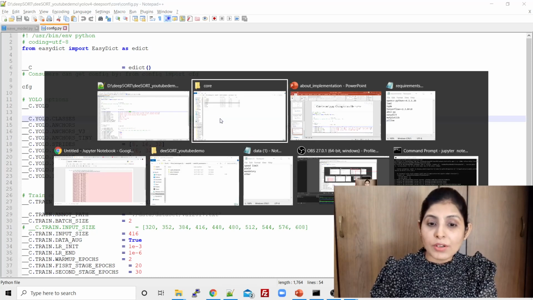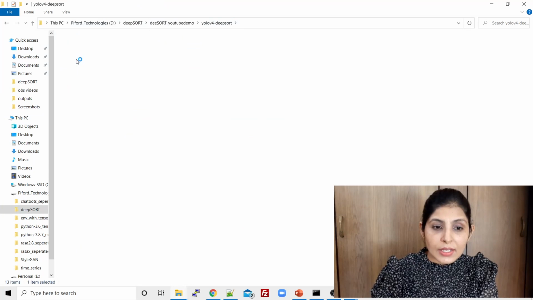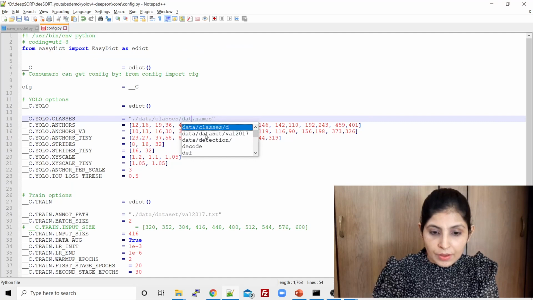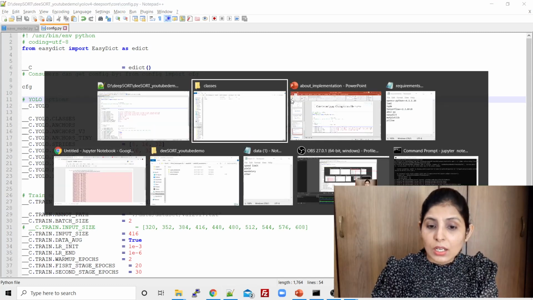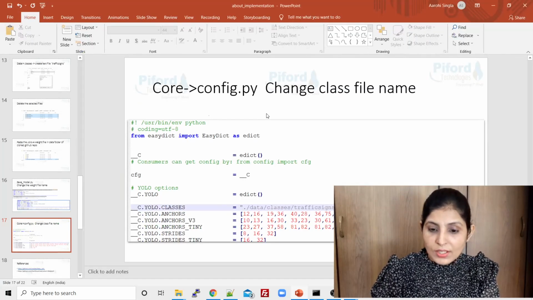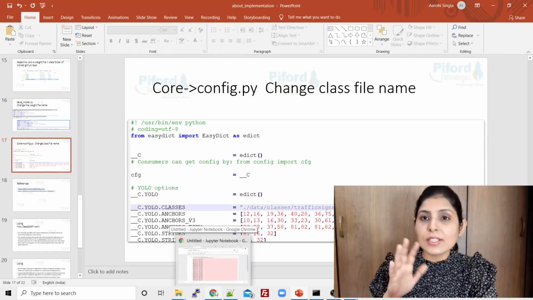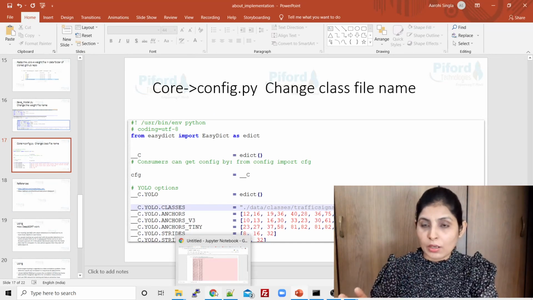But we want to work on our custom object tracker. Inside the data folder we have a classes folder, and remember we have deleted everything else because we have our own class. So give data.names over here, and save this file. These are the changes which you have to make when you want to work on your custom object tracker.